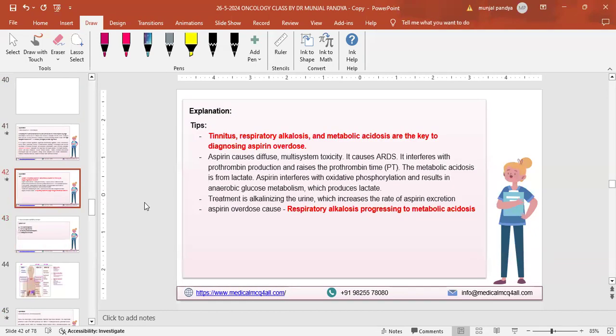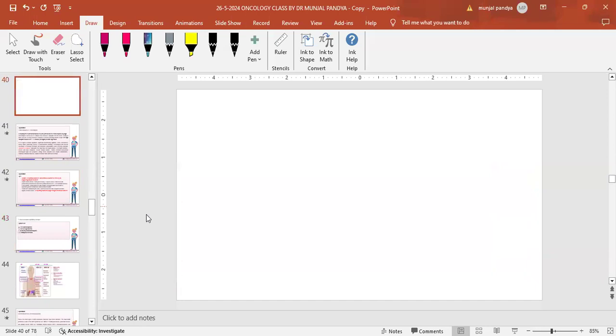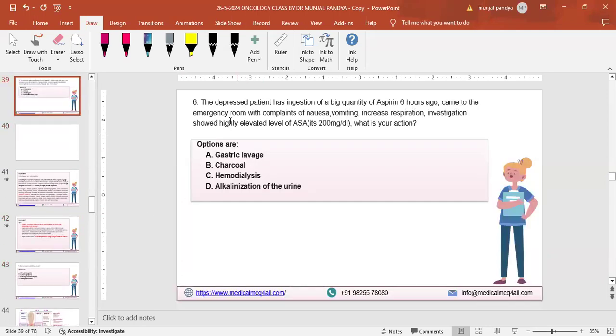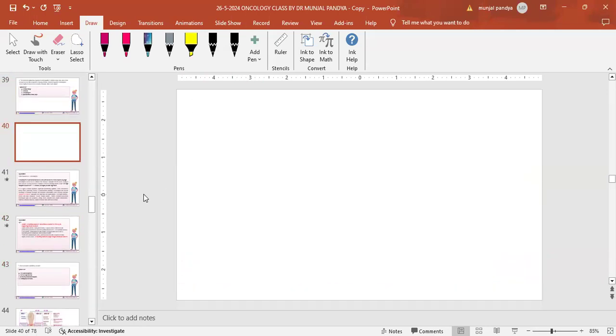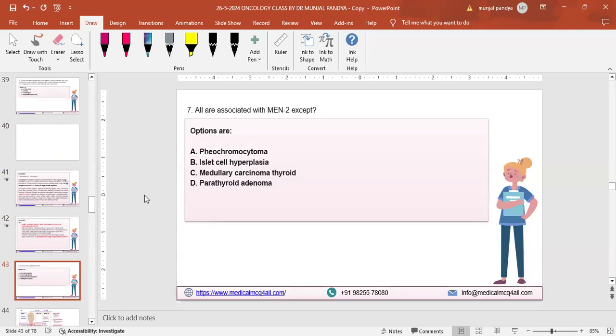ASA poisoning is a very common question. There are hundreds of questions, but I want to cover more questions. So go and read three poisonings. Write down in your note the three poisonings you must know. They will ask. One, paracetamol poisoning: if you have acetaminophen poisoning, how you diagnose, how you investigate, how you treat. Second, aspirin or salicylate: how you diagnose, how you treat, how you investigate. Third, alcohol poisoning, ethanol overdose or methanol overdose: how you diagnose and treat. That's it. So these three poisonings are very common.